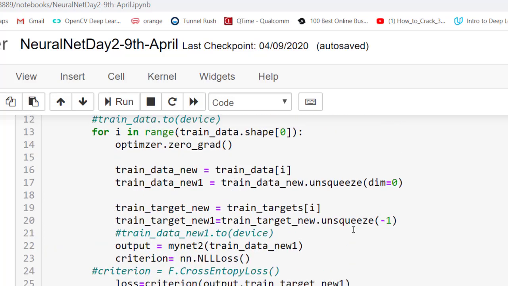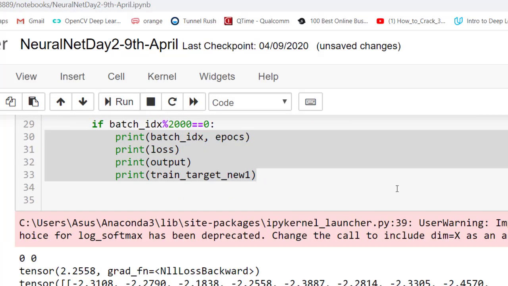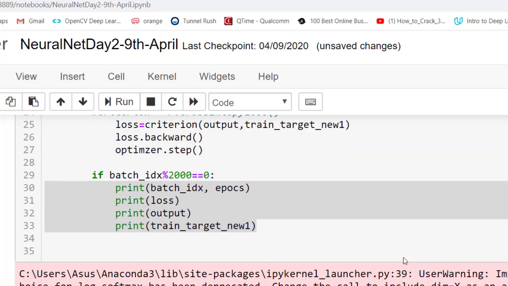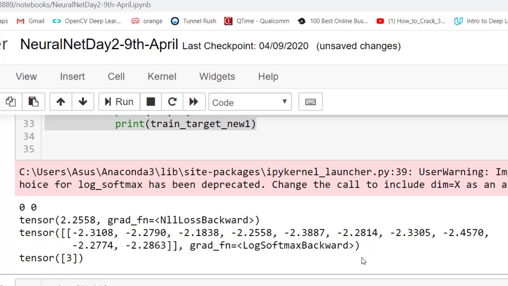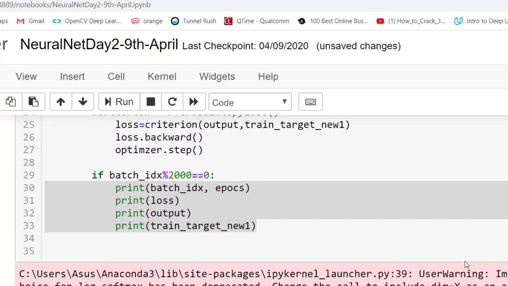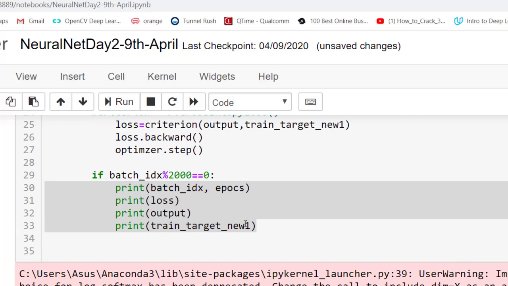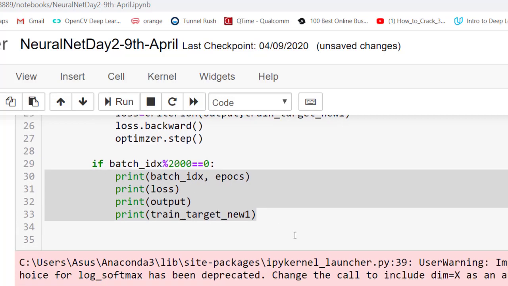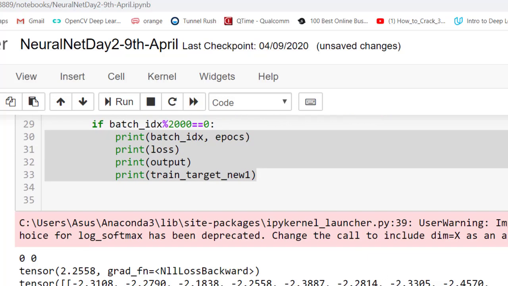Okay, so let me run it. It started running and it's printing the loss value every iteration. In fact, it's printing batch index, epochs, loss, and the output, whatever is the last output that we have got. The last output will be an array of 10 numbers, right?